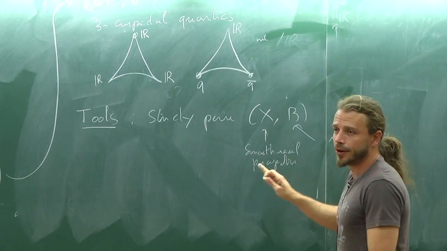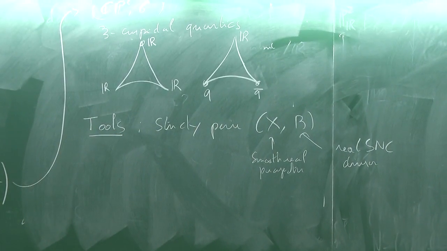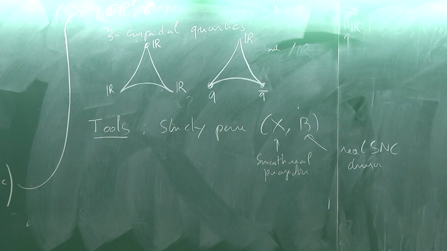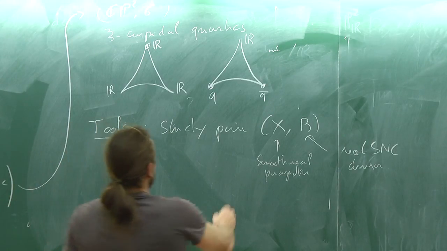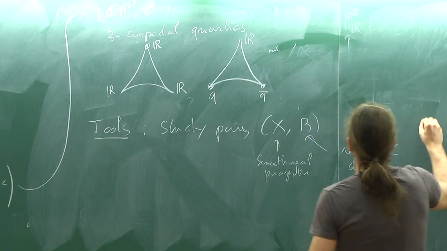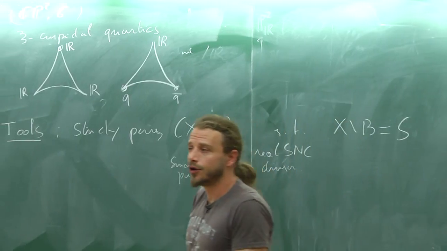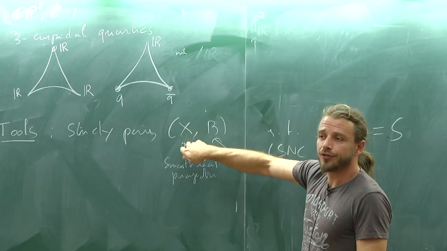Just a warning here. This doesn't mean that every component of B is a real algebraic curve. It could just be a pair of complex conjugate lines crossing in a point in P2. So the two irreducible components are not defined over the reals, but their union is. Right? Pairs like this are such that X minus B is the S you are looking for. And you have to understand what is the topology of S in terms of the topology of these.